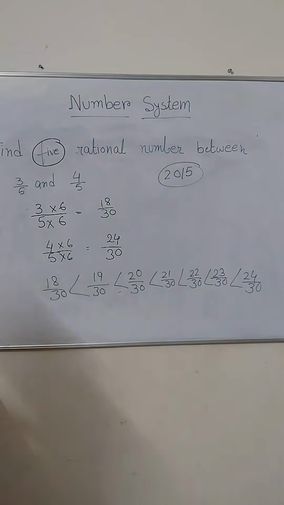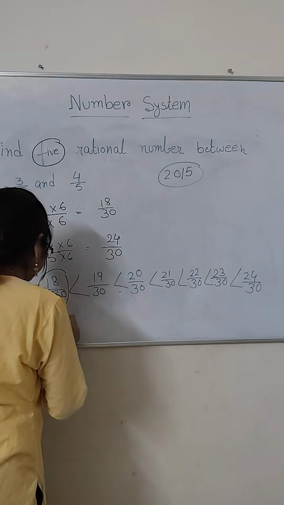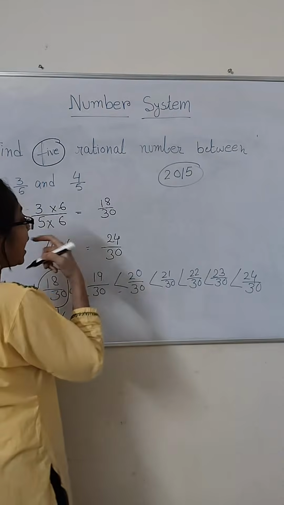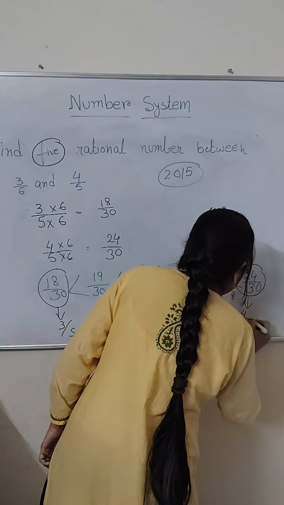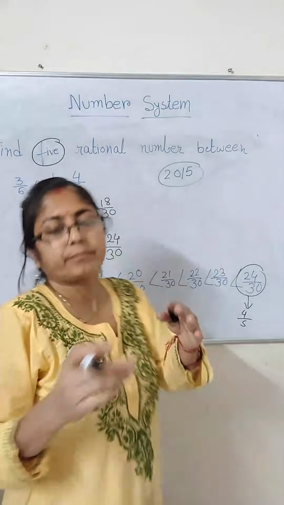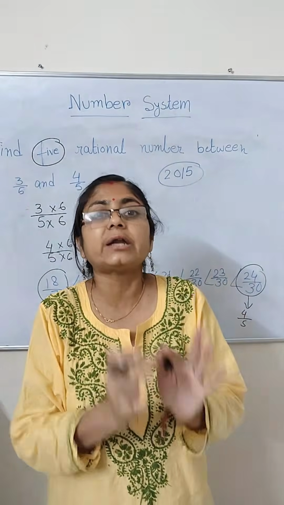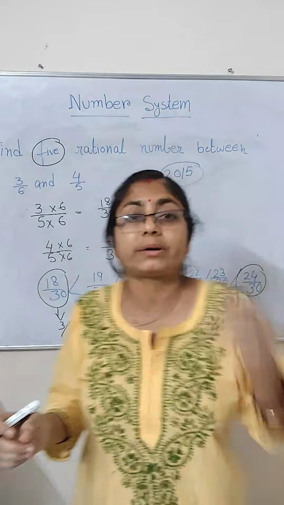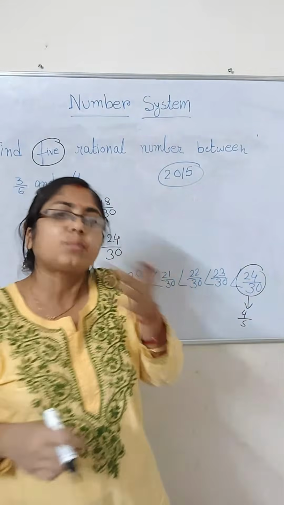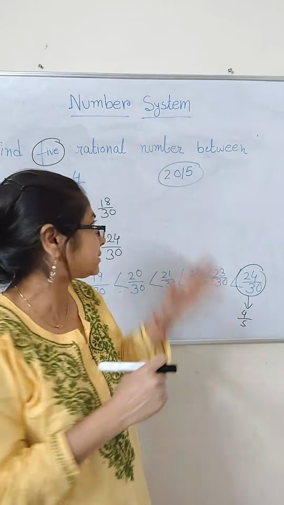In this case, 18 by 30, what is this? This one is 3 by 5. And 24 by 30, what is this? It is 4 by 5. Okay, मैंने थोड़ा उसको span कर दिया so that you can understand what number comes, and this math is too much important. A type का math board में हमेशा ही आता है, तो आप प्लीज प्रैक्टिस करो ए टाइप का